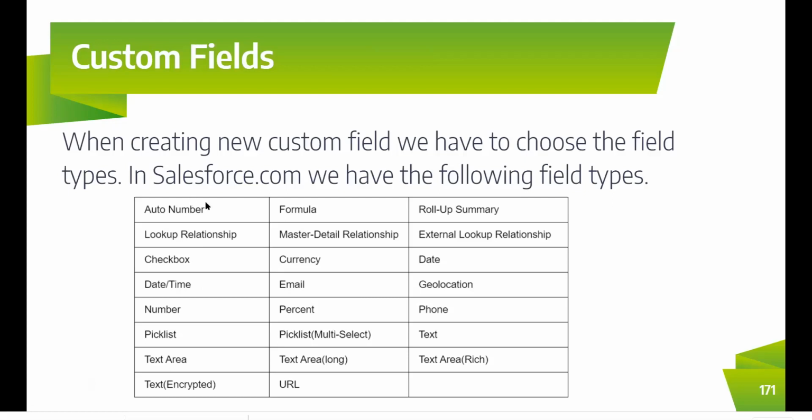So at the time of creating an object, you're going to select a field, right? In that case auto number will be selected. Or else, if you won't have a number field, it should be generated as auto number. In that case you can go with auto number. The formula field we are going to discuss later, like lookup and relationship. Next section we are going to discuss this lookup and relationship.